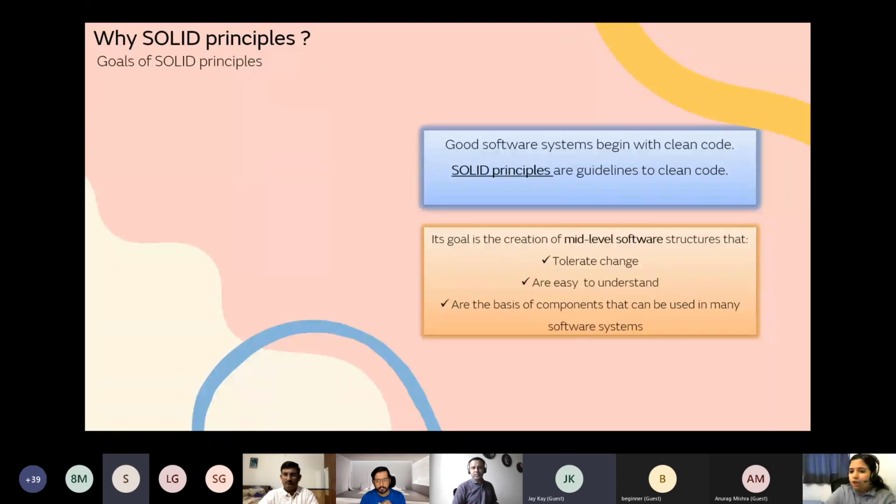So let's come back to some of the symptoms of bad code. There are, of course, many symptoms of bad code. I will explain 3 symptoms here. First one is rigidity. What do you mean by rigidity in a software system? Rigidity means a system